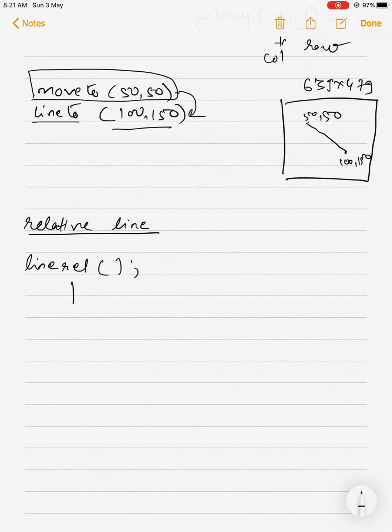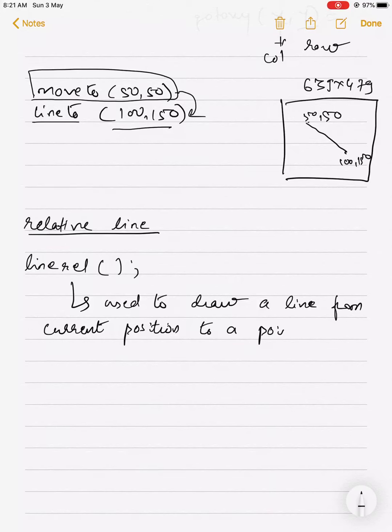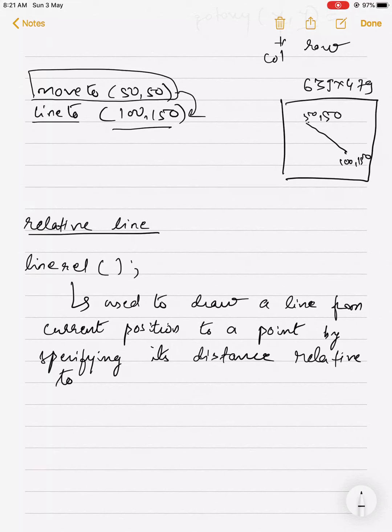This is used to draw a line from the current position to a point, please pay attention, to a point by specifying its distance relative to the current position.